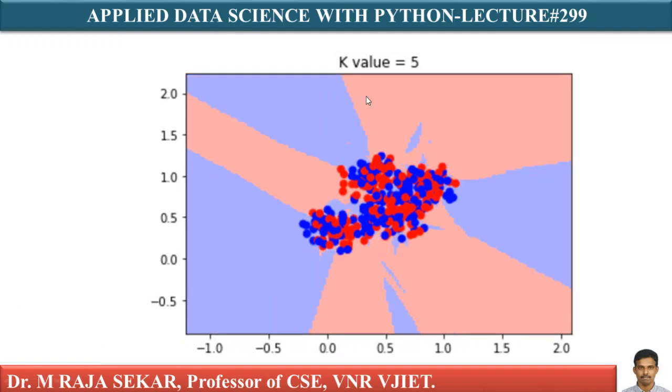Just change the K value from 1 to 5 so that you can understand slightly more. It just depends on the density of points. If I take a query point here, it becomes blue color. Why? Because K equal to 5 means I take 5 neighbors, and automatically this color will be blue. As we were discussing, for random data sets, even if you keep on increasing the K value, you cannot find the correct decision boundary.